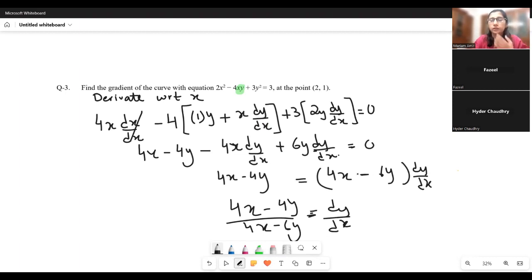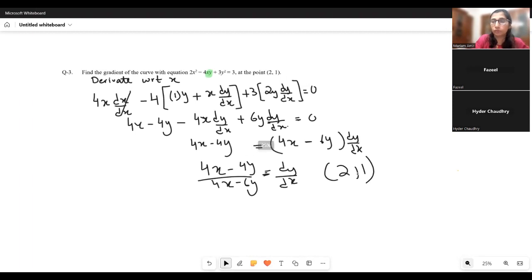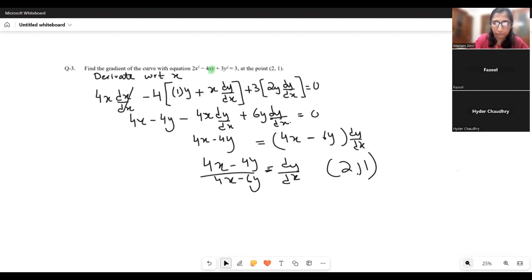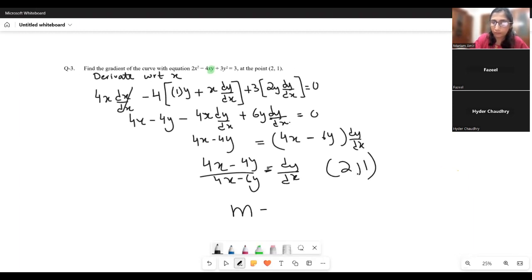So to find the gradient, you need a value of x as well as a value of y, which is 2, 1. Substitute 2, 1 in this expression for the gradient and tell me what the gradient comes out to be. What do we get for dy over dx? 2. 2 is correct. समझ आया? जी मिस।